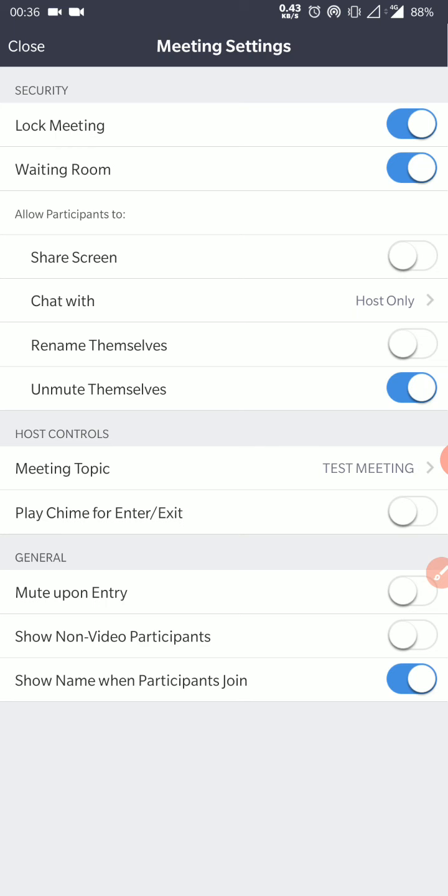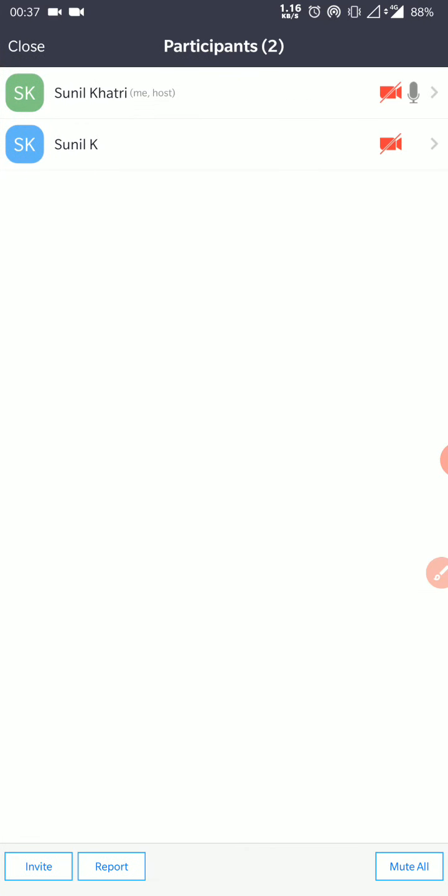So this option again can be explored, but it depends whether a host has already admitted all the participants or not. So once this task is done, then accordingly all the participants can be admitted and your session can be continued.